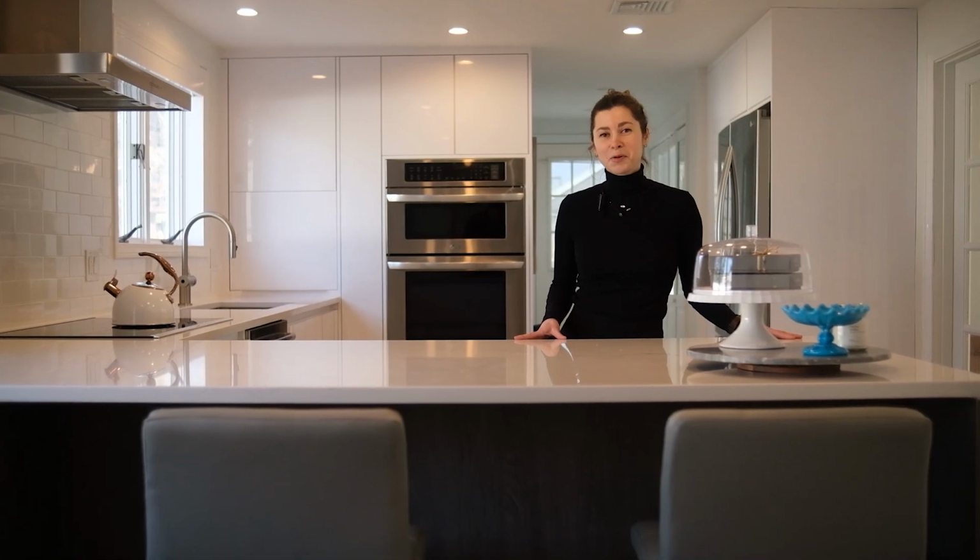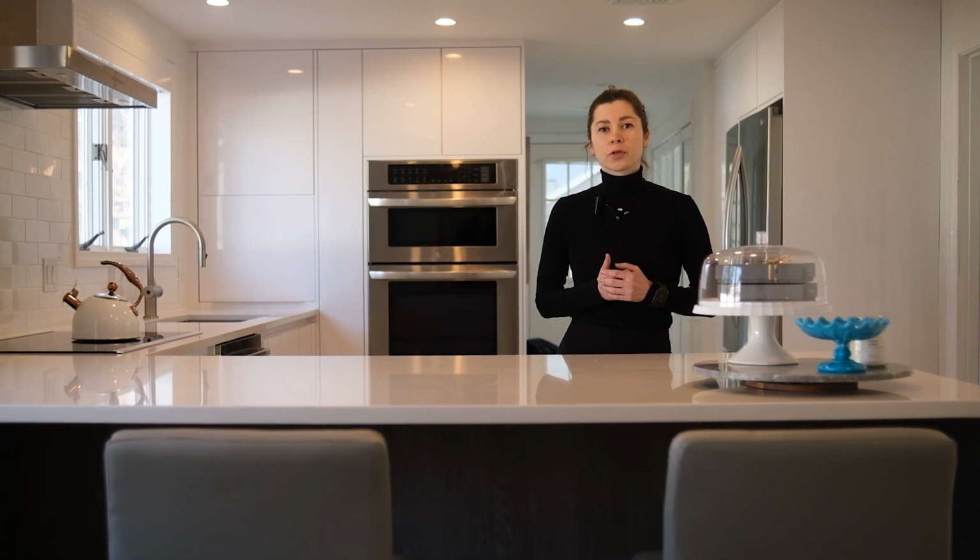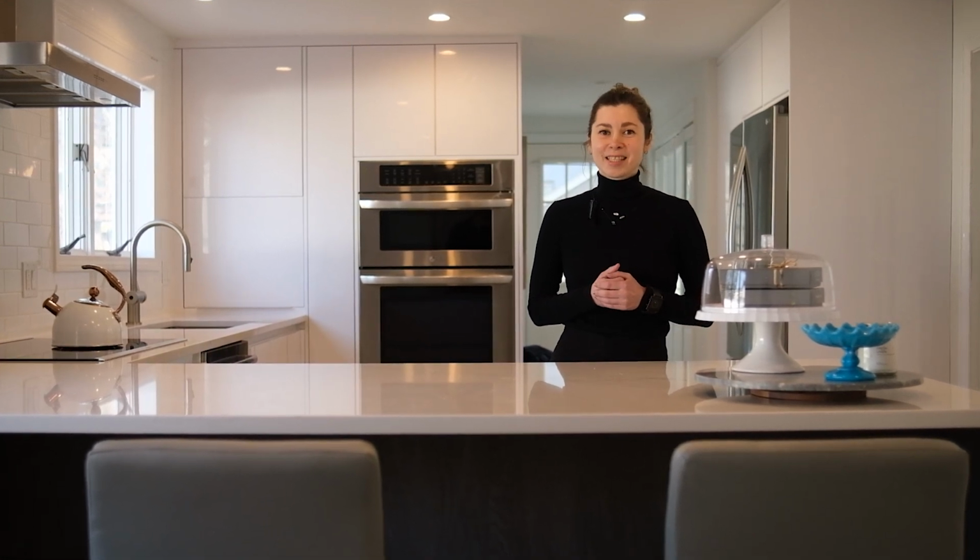Are you looking for a new home? Do you want to find one that is ready to move in, or do you prefer to customize it to your own tastes and needs? Many of our clients choose to buy homes that allow them to express themselves and create spaces that suit their